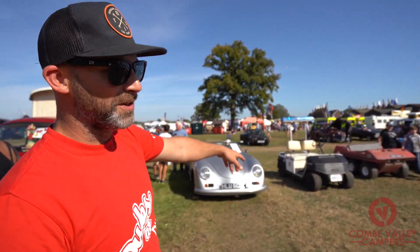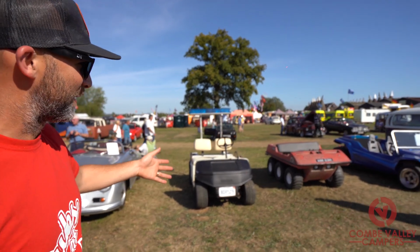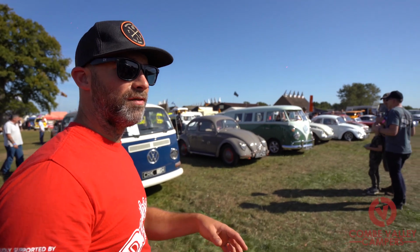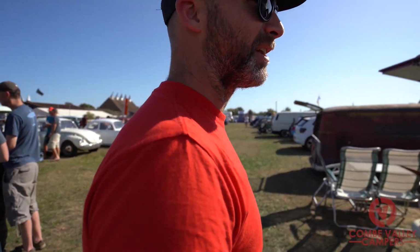And then you've got these absolutely weird and wonderful things. You've got what looks like a golf cart that's been turned into a police car, some sort of amphibious garden vehicle, I don't know. Beach buggies as well. But on the other side of things, there's a huge love for old school and retro BMXs. If we just take a look over here now,